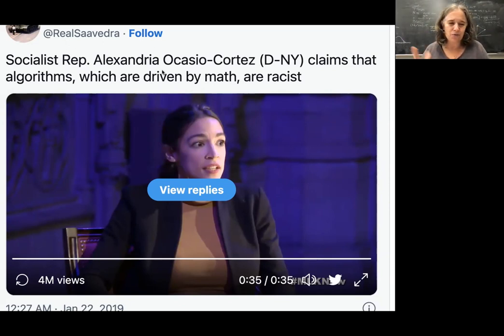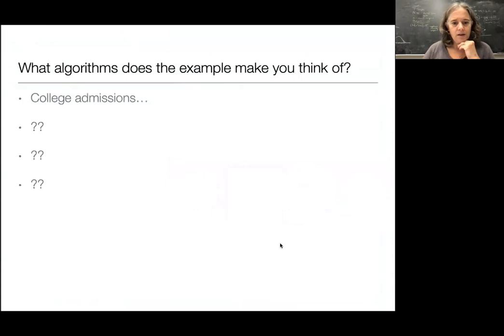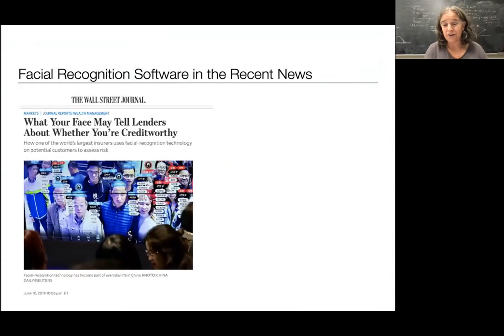So really people rallied back against this idea and said what we're talking about, these bigger things, are really, really problematic in terms of systems. Okay. So to move on to facial recognition software, as Alexandria Ocasio-Cortez was talking about,